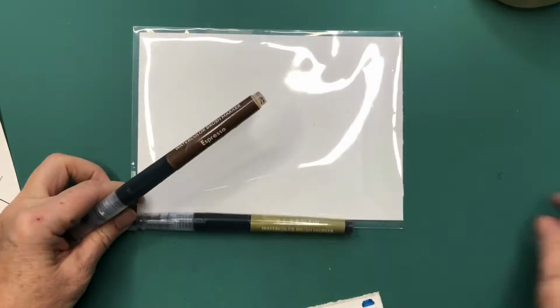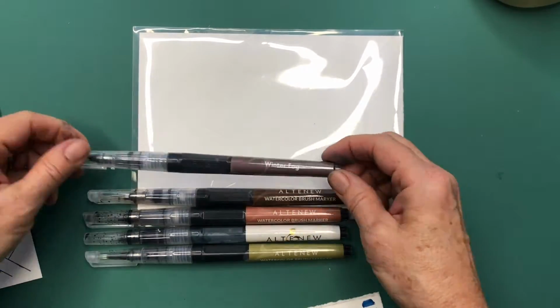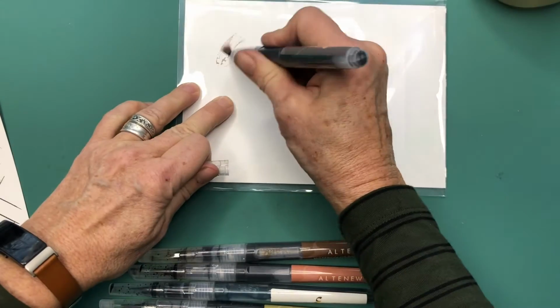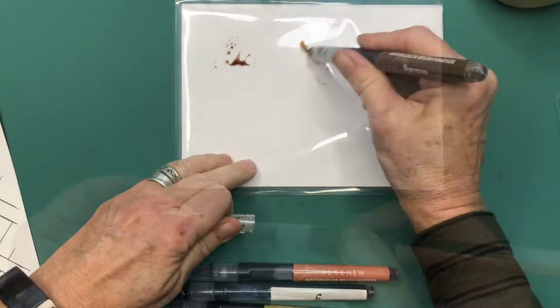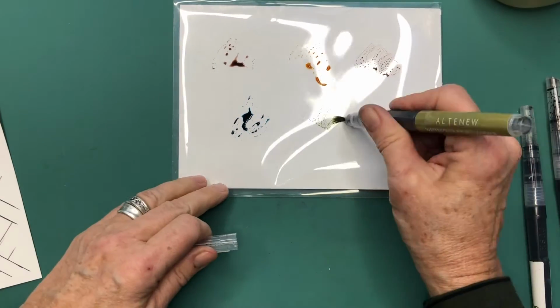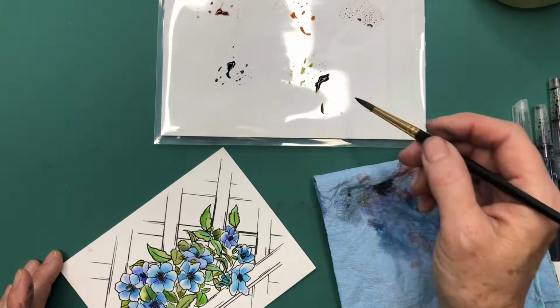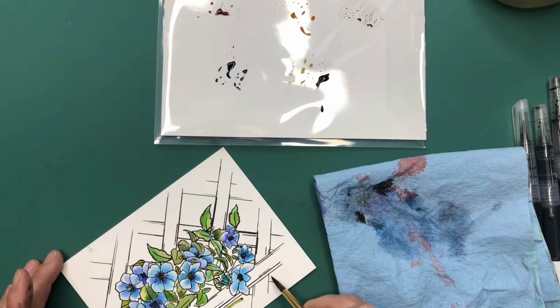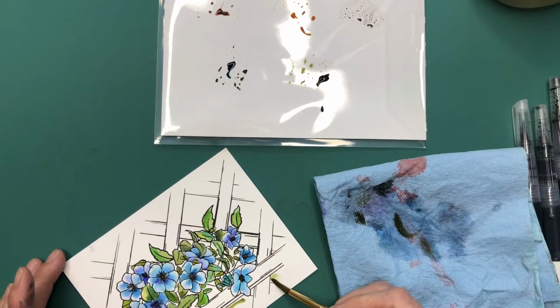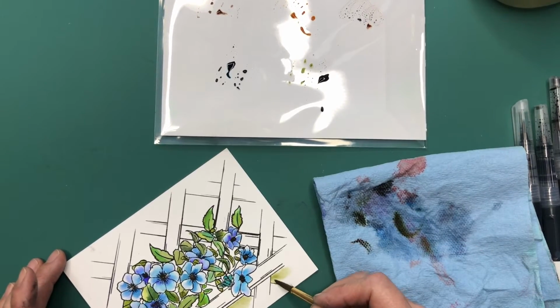So for my first sample card I made, I colored green leaves on the flowers, and then I colored a green background in behind, and I found that the leaves just kind of got lost in the background, and so I went back for my second attempt, and I'm choosing a random assortment of neutral and brown shades, including Sea Forest, Dusk, which is actually a bit of blue, Paper Bag, Espresso,